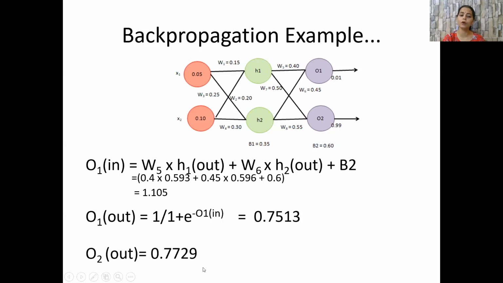And what we have got here is 0.77. Now clearly we can see that there is a huge difference between the expected output and the output that we have got. We need not worry because this is the first iteration and we can iterate the values back to adjust these weighted edges, to adjust these weights.